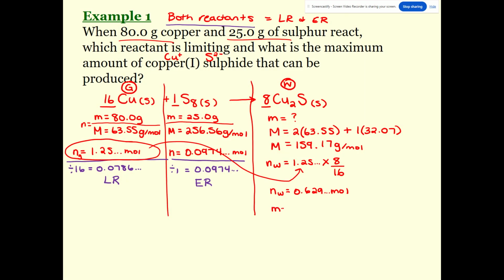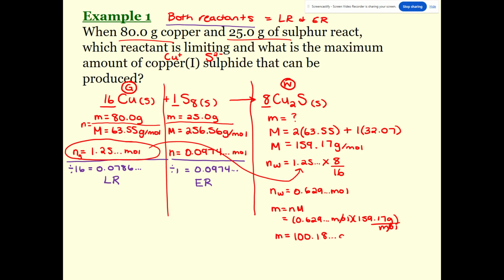And I'm looking for the mass of that, so I need to take my moles, unrounded again, and multiply by my molar mass, 159.17 grams over mole. So the moles cancel and we will get left with grams. Times 159.17 gives us an answer of